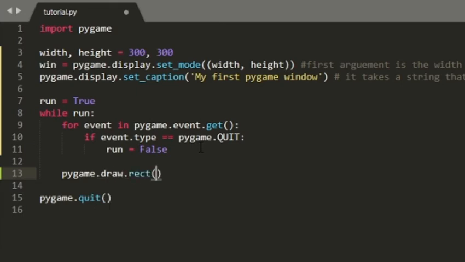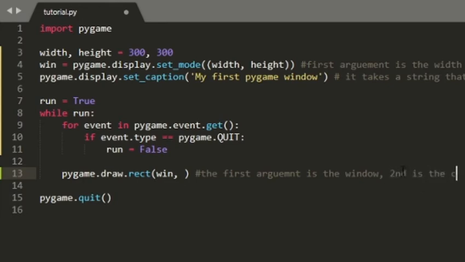This function will draw a rect in our window. The first argument is the window. Win is the argument, and the second argument